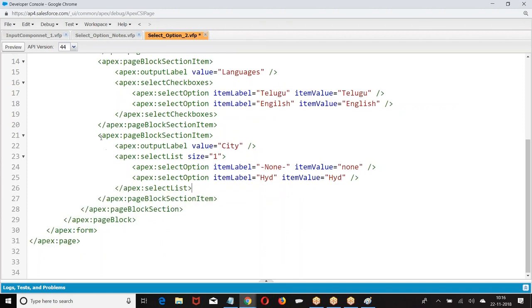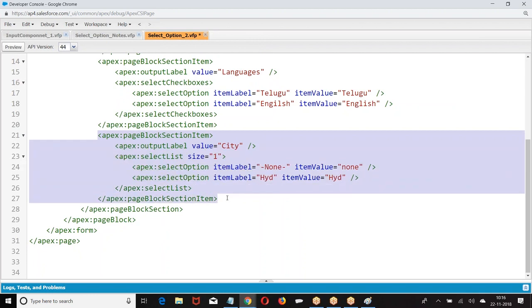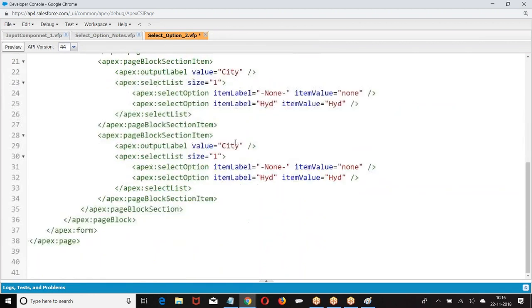Then we have the next one. What is the next one we had? Generate. Instead of here it is what? Select radio.